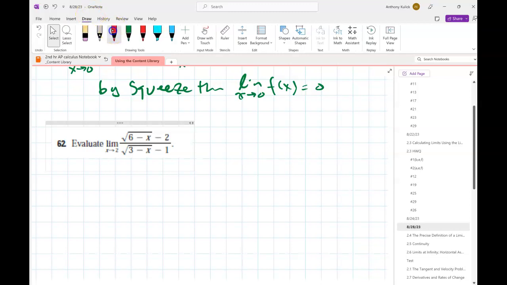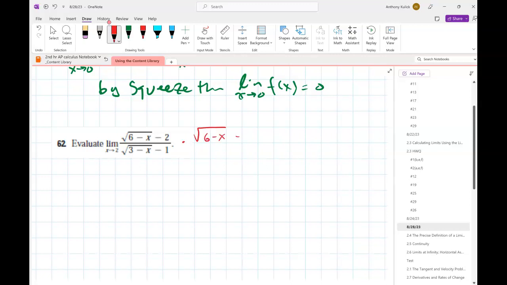So, again, first thing you probably want to check is what happens if I try to direct substitute this. You end up with 0 over 0, right? Okay. So, what do I want to do first here? What do you think? Great. Both is a great idea. I love that idea. So let's do